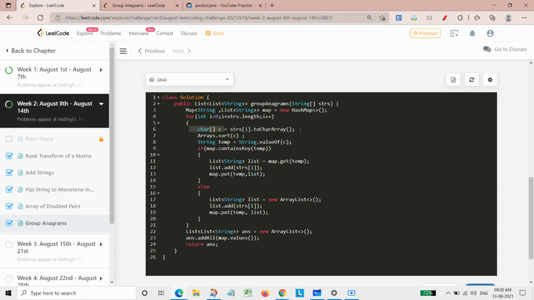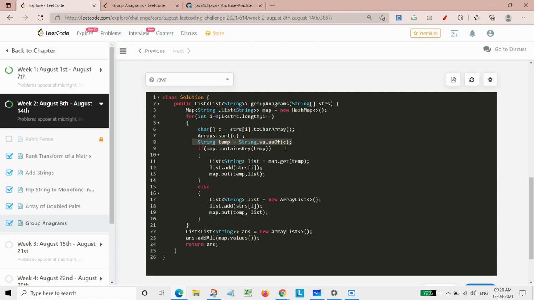Now we are simply taking that particular string in that particular group of strings. Then we are sorting it, and then we are taking the string temp in which we are putting that value.